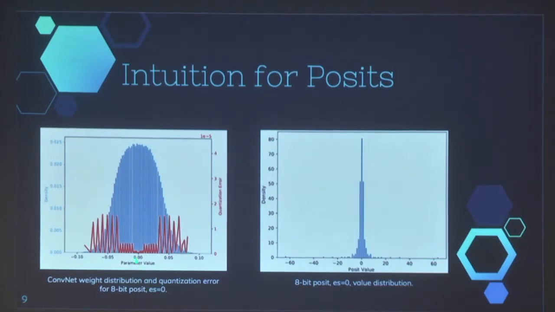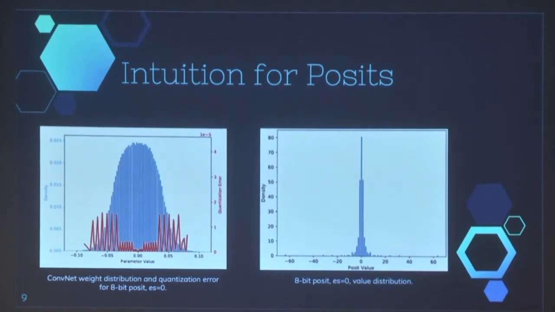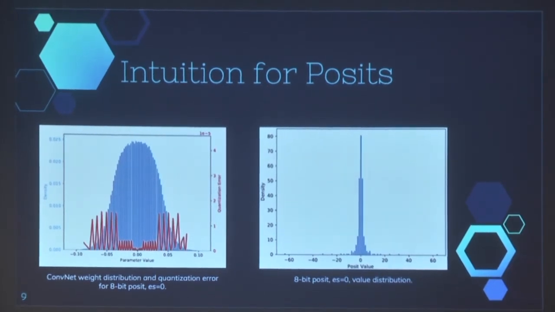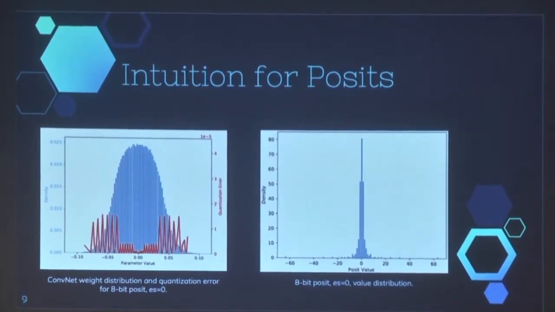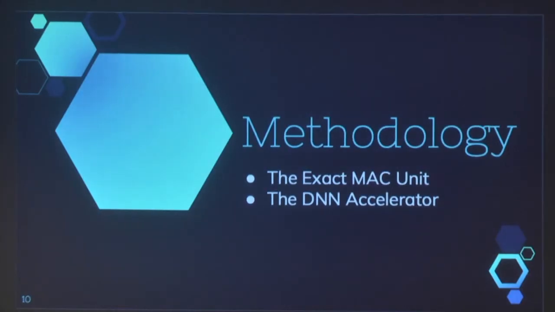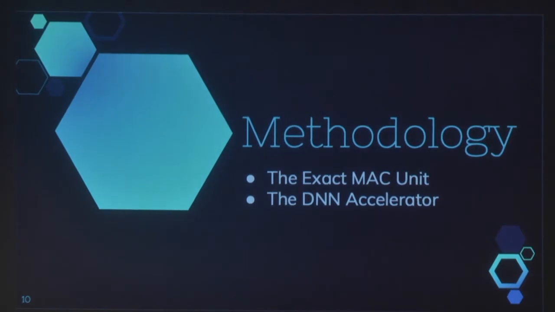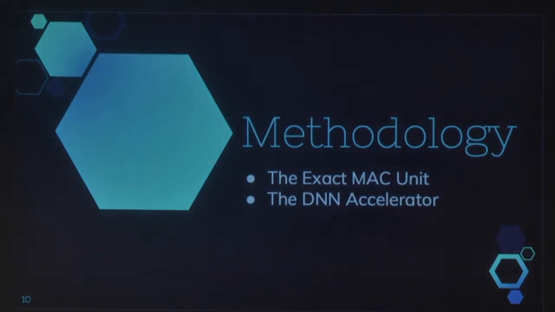networks. And if you look at the quantization error, you could see that it is also lower near the center because of that tapered precision. So that is really what caught our attention. So that seems like there is some match in here where you could use these posits for DNN inference, especially if we are trying to do this in low precision bits. So earlier work has looked at